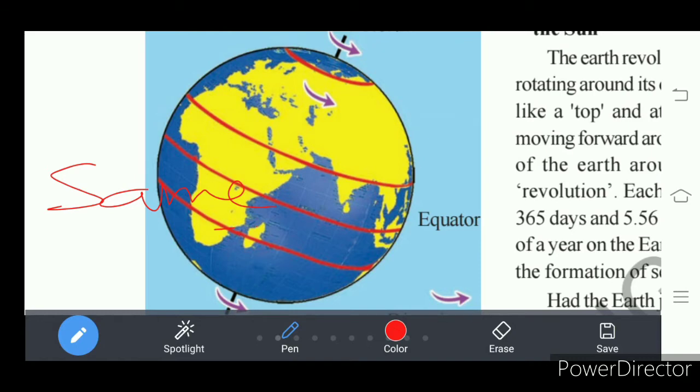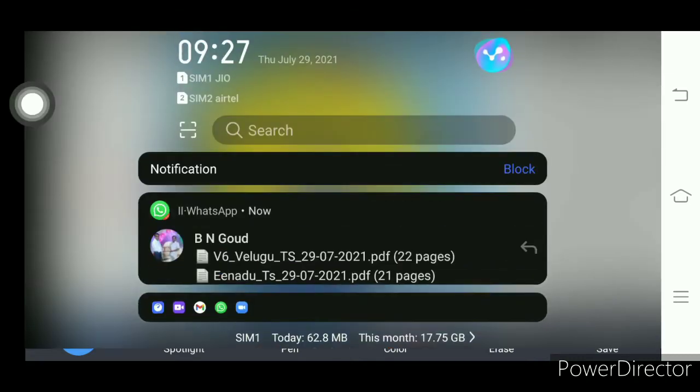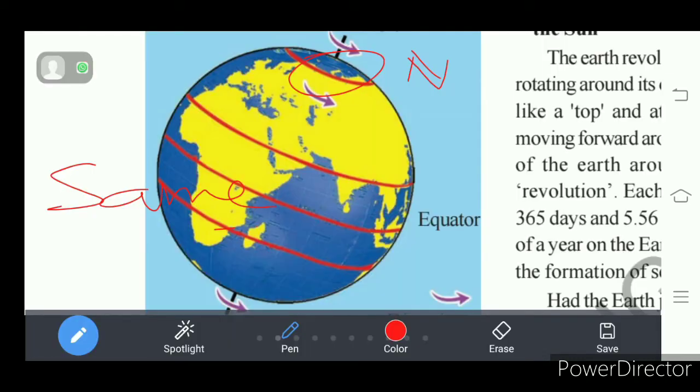No, right? At poles, this is North Pole, where we find it is very cold, and at equator, this one, it is warmer,